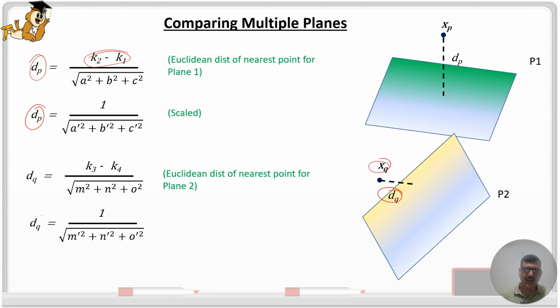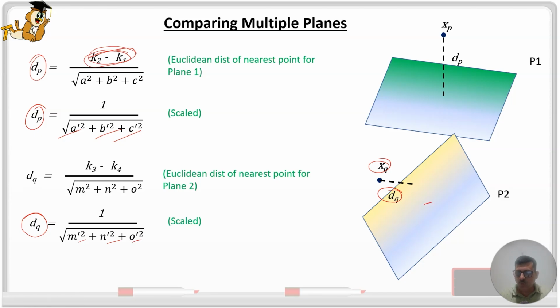So that I can write the Euclidean distance of that point Q from this plane P2 as 1 over square root of m dash square plus n dash square plus o dash square, right? Now, very important to notice that A, B, C over here have been divided by K2 minus K1, okay, whereas M, N, O over here have been divided by K3 minus K4. So